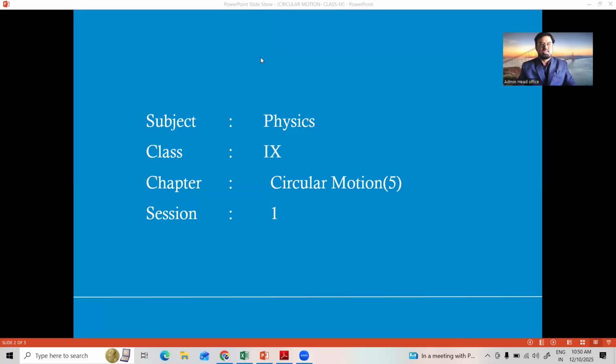As you all can see on the screen, and you are well aware, my subject is physics. We are in class 9th. Today we are going to start a new chapter, that is chapter number 5, circular motion, and we are in session number 1. So before going for the chapter directly, when you recall about this type of motion,